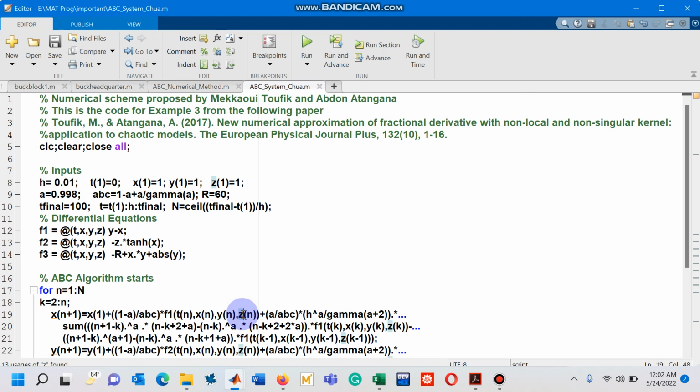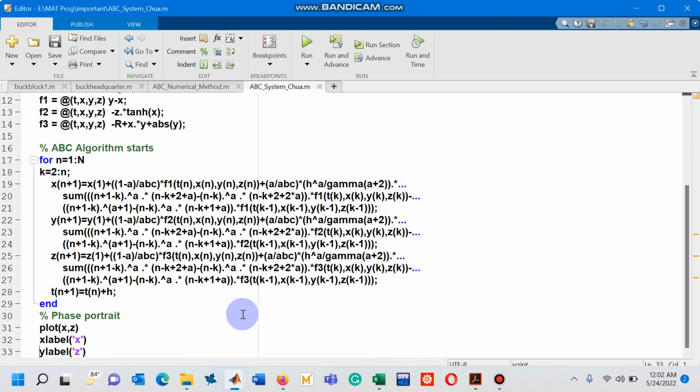So now in this video you have learned that if you are given a system of ordinary differential equations in which the differential operator is of Atangana-Baleanu type in the Caputo sense, you can easily simulate it. So if you have any epidemiological model, any differential system in which each differential equation is carrying the fractional operator of Atangana-Baleanu type in the Caputo sense, you can now easily simulate that dynamical system using this numerical scheme